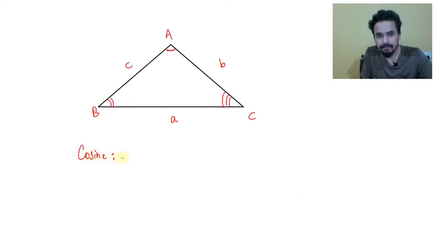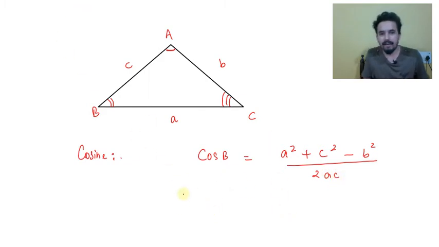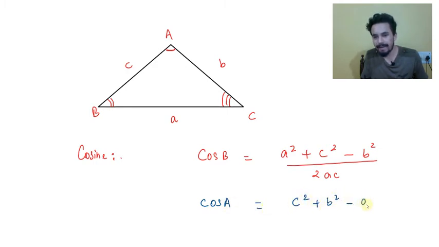What cosine rule says is, take any angle. Suppose I take B, so I'm writing cos B. Cos B is equivalent to, just see what are the two sides surrounding this angle B which I have chosen. So this is a and c. So you will be writing a square plus c square, then subtract that side which is in front of that particular angle. In front of angle B, this is b itself. So minus b square, divided by 2 times the two sides surrounding that angle, which are a and c. So this is cos B. If you write it in terms of A, cos A will be simply c square plus b square minus a square divided by 2 times cb. So this is cosine rule.